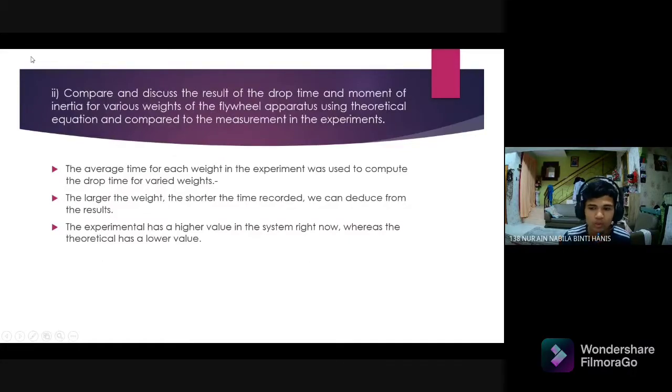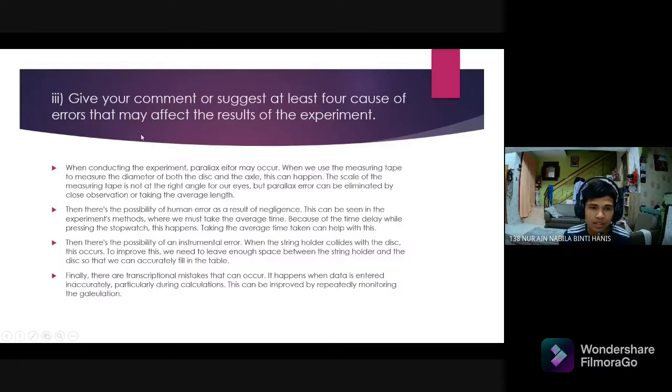The third is to give your comment or suggest at least 4 causes of the error that may affect the results of the experiments. Okay. Every experiment that we made can have some errors that can happen. Okay, the first is when conducting the experiments,